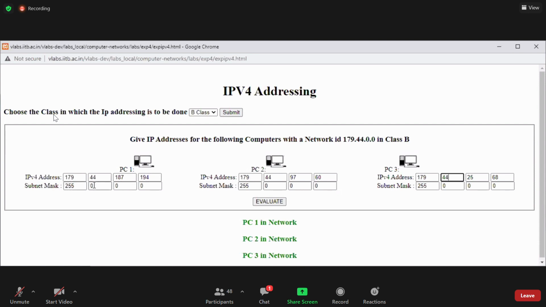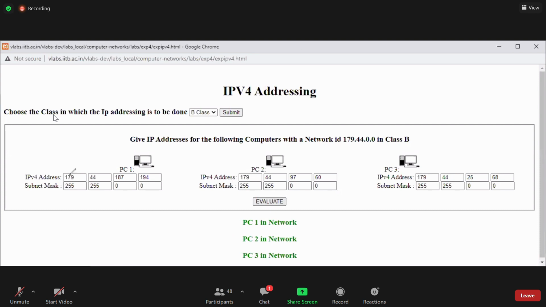The subnet mask should be 255, 255. Here, without changing the second 0 to 255, I am selecting evaluate. So not in the network, because the second field is zero here. The second field must be 255 in the mask address. Now let us evaluate. All are in the network.